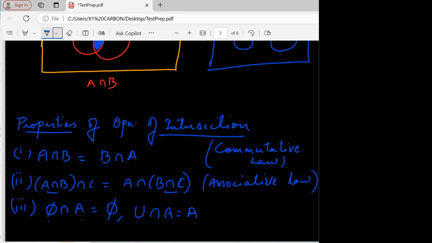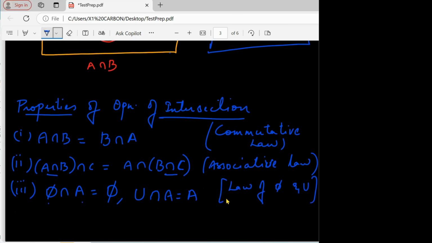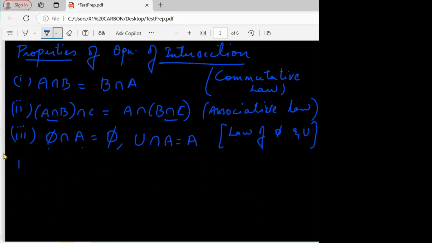Obviously, my set A is common in my universal set and my set A. Now, this will be called the law of phi, that is my null set, and U. Now, moving on to my idempotent law, which we have also discussed in the case of union. If you all recall,